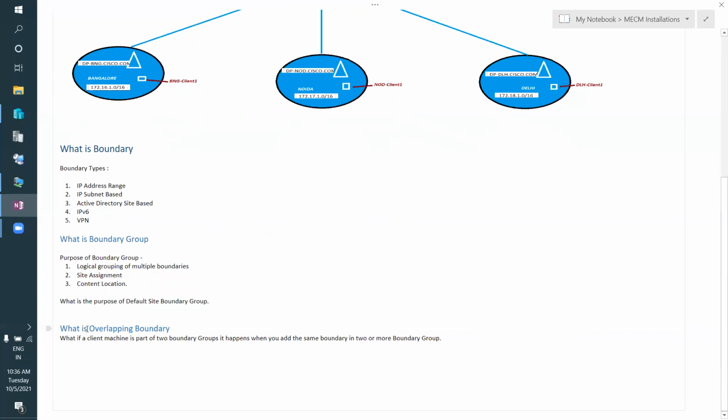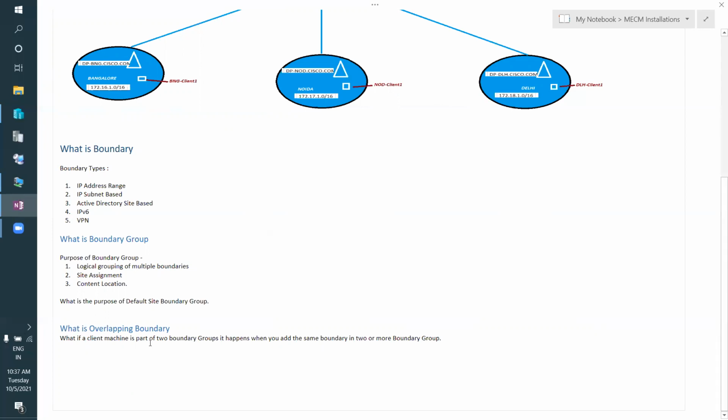And there is one another thing: what is an overlapping boundary? There can be a scenario where your client machine is part of two boundary groups, and it happens when you add the same boundary in two or more boundary groups. For example, you created a boundary and then you created two different boundary groups.